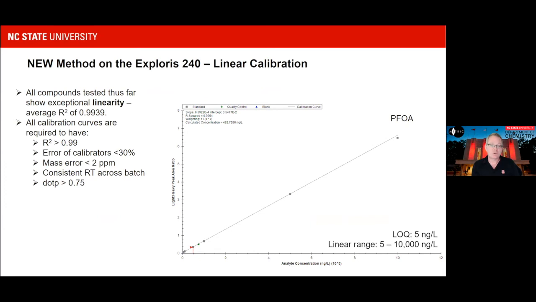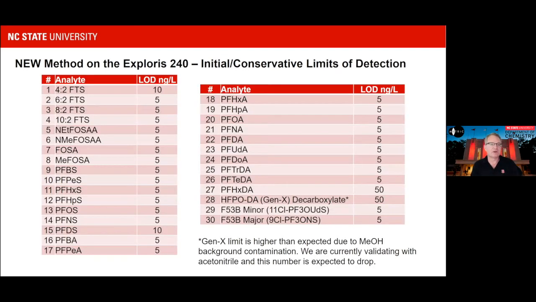In the PFAS world, most of their limits are expressed as 5 nanograms per milliliter, but our detection limits are so much more superior than what's in the literature that we've just moved it to nanograms per liter. Just because if you're reading the literature in this area, you see 10, you're going to think it's exactly the same as what's been done before, but it's actually orders of magnitude better. And so these are our initial conservative limits of detection using these methods, and they're all looking really good.